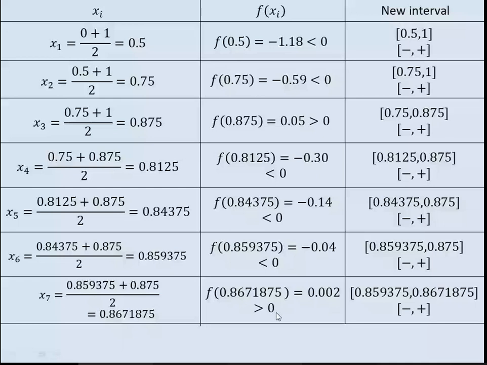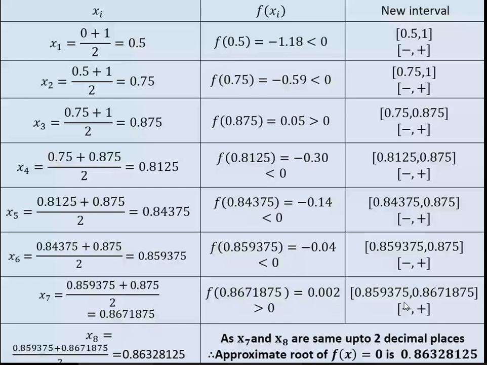If you want to get some more accuracy, you can do some more iterations. Finding x2, x3, x4, these are called iterations. So we can do more iterations for getting more accuracy. This is up to 2 decimal places. Like that, you can go up to 4 decimal, 5 decimal, and if you write the program, then you can go up to any decimal places, and accordingly you can get the approximate root. So this bisection is a very, very easy method. A little bit lengthy, but by doing proper calculation, we can easily get the new intervals and we can get the roots for that equation.